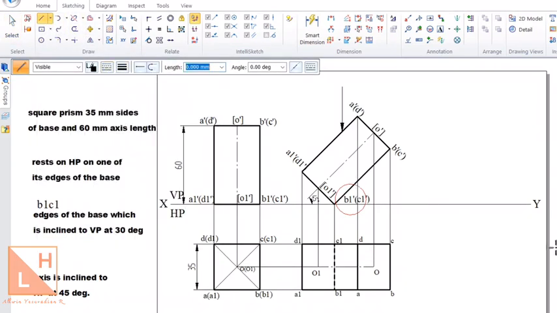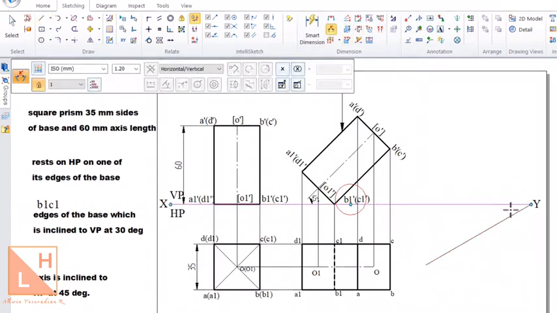So the angle to VP, you draw it in the horizontal plane. You can take a projection line and draw a 30 degree line over here with respect to the XY line. Now see here, if you are drawing a 30 degree line which is touching the XY line, though this is going to be a 30 degree line, while I am drawing this particular projection in the third position, I must make sure that this projection does not overlap or go beyond the XY line. It should be below the XY line only with respect to this top view.